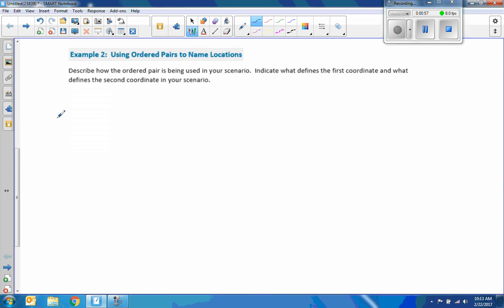Alright, so example 2 says using ordered pairs to name locations. Describe how the ordered pair is being used in your scenario. Indicate what defines the first coordinate and what defines the second coordinate in your scenario. This is a follow-up question to an activity they did coming into the class, where they were given a sticky note with two numbers on it, a location in the room. For example, if I had 2, 3, that would mean that I sit in row 2,